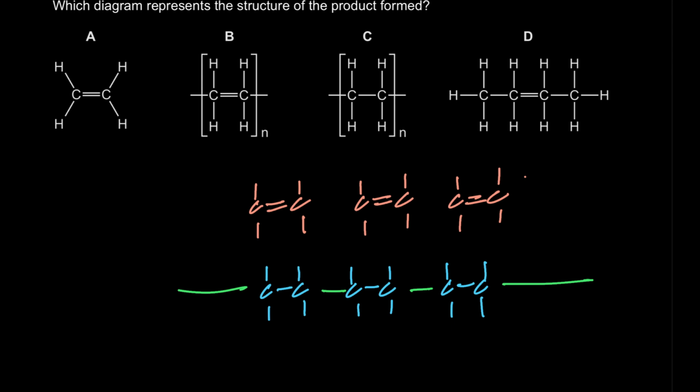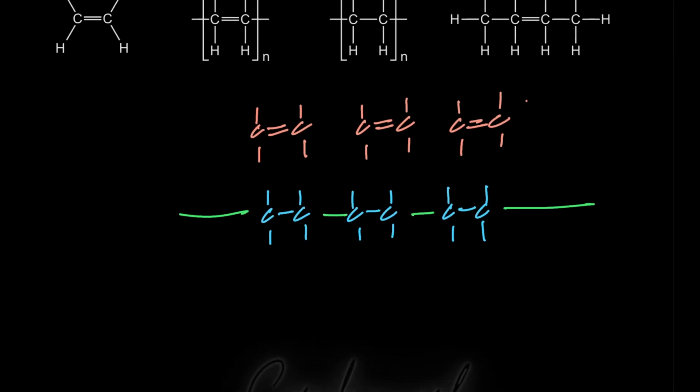Now, this is when you're making 3 repeat units. In your options, you're not asked to make repeat units. What they have done is they've represented each repeat unit or each monomer with the letter N, right? So this N basically refers to the number of monomers. So if you just wanted to make a polymer out of ethene, not knowing the number of monomers, what you would do is make this structure as it is,